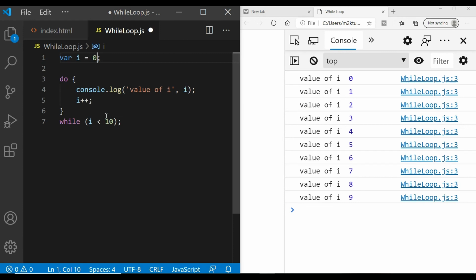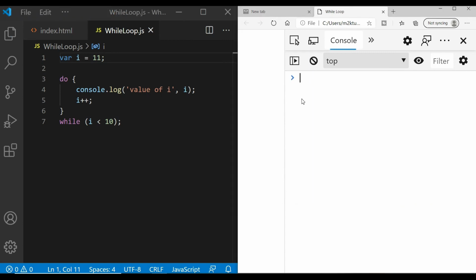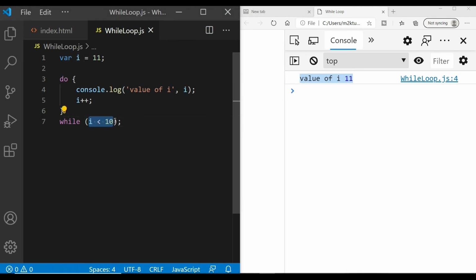Let's say I'm checking i is less than 10, right? But let's say I put 11 here, what will happen? And refresh, and still you can see the first value. So here the condition failed because i was 11, but before checking this condition, the code block inside the do got executed.